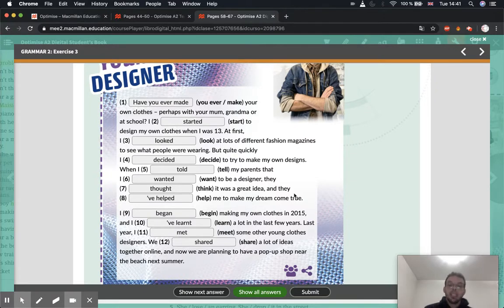Now, if you notice, in the text, most of the verbs, most of the things we say are in past simple. There's only a couple of sentences that are using the present perfect. Because most of these things are actions that happen in the past and are finished, right? And he's just giving details about something. All right. The only ones that are in present perfect is the first one, where he's asking a question, okay,